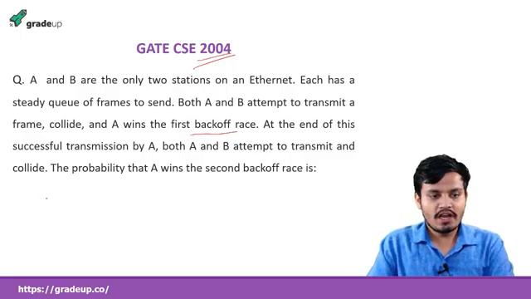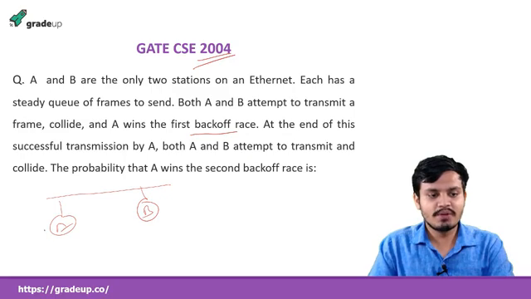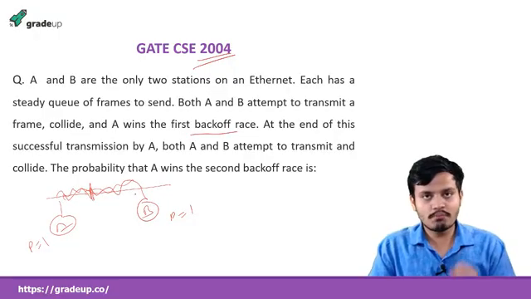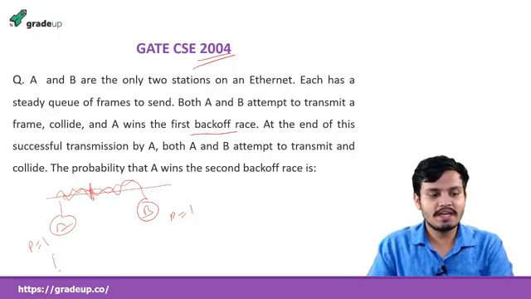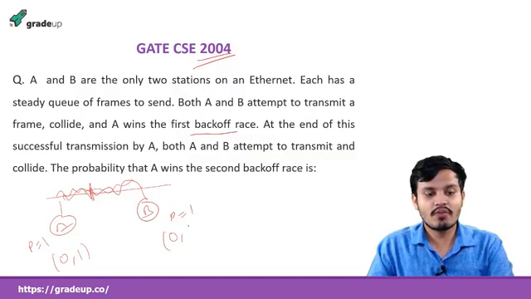Okay, so I will tell you everything here. So this is A, this is B. What happened? This is packet number 1 for A, and this is also packet number 1. A tried to transmit, but they collided. So now using the back-off algorithm, they will be assigned a number, 0 and 1, and it is also assigned 0 and 1 for B. Why? Because it is the first collision for both of these packets.